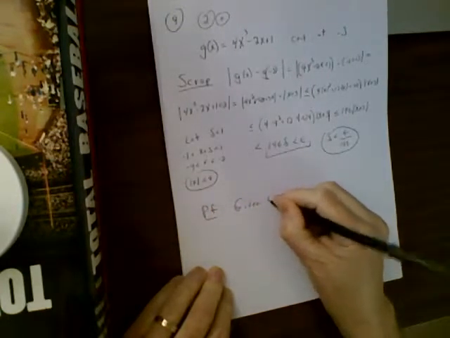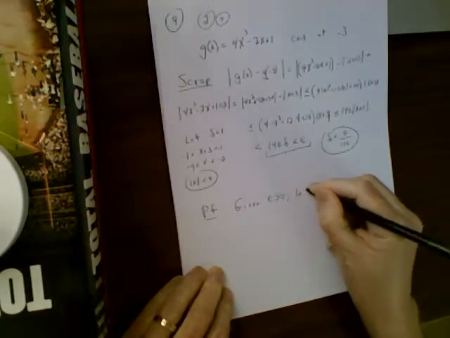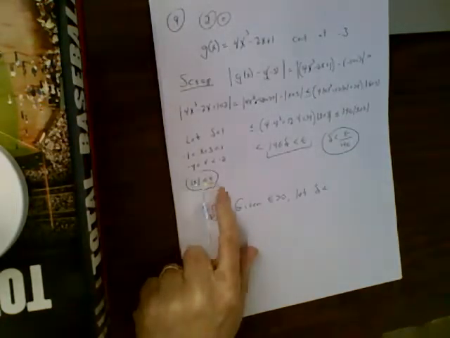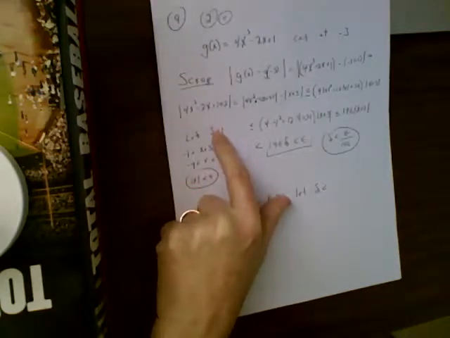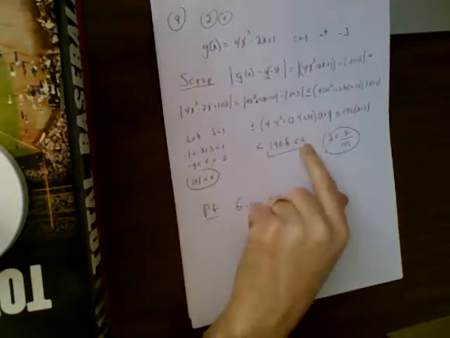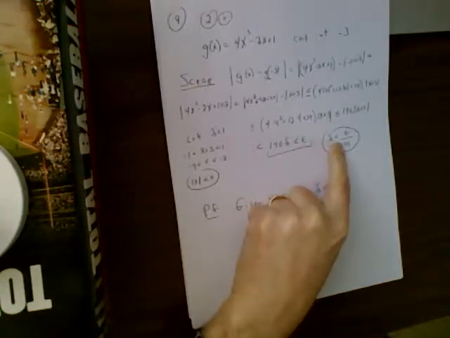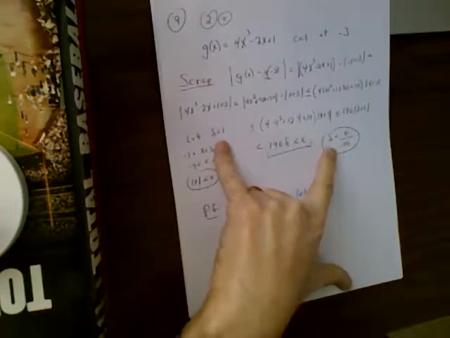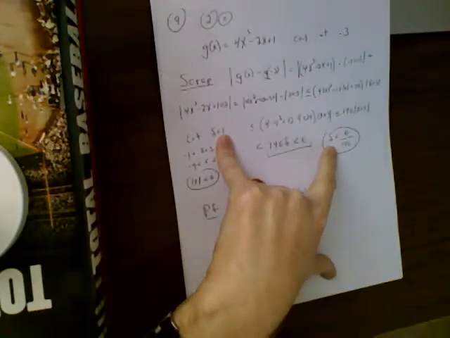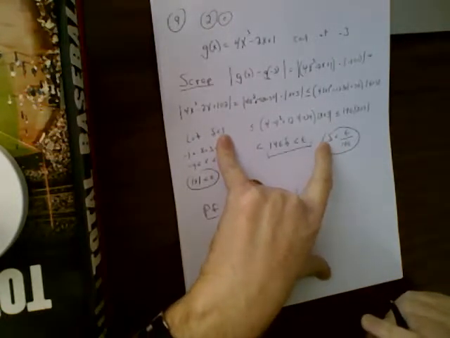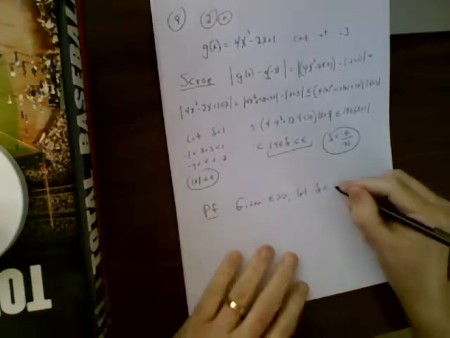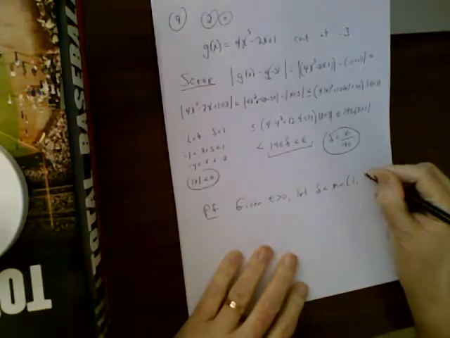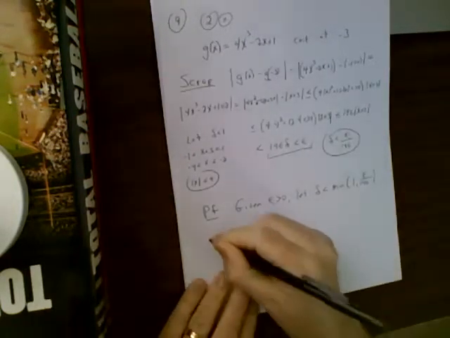Given epsilon greater than 0, let delta be less than, well, in order for the absolute value of x to be less than 4, that came from delta being less than 1. For this piece to be true, it came from delta being less than epsilon over 146. So I need both of these things to be true. So if I need delta to be both less than 1 and less than epsilon over 146, just let it be less than the minimum of 1 and epsilon over 146. Then,